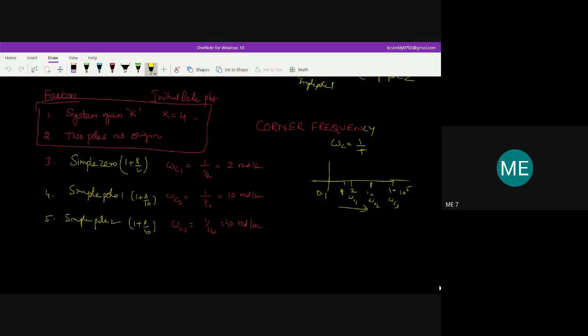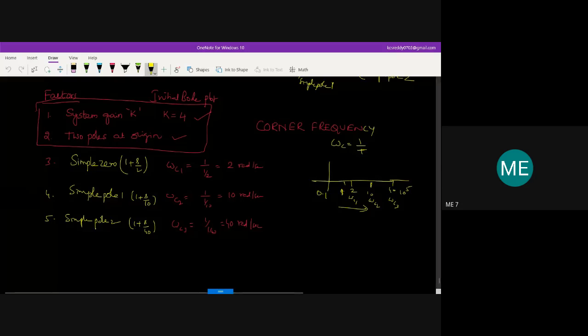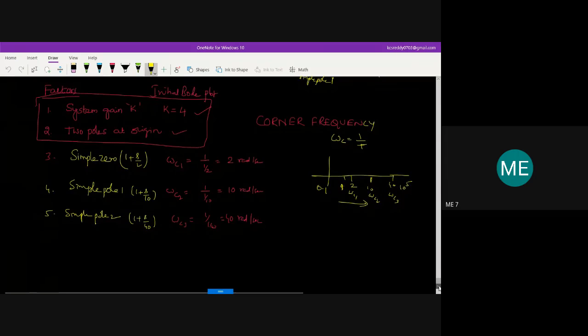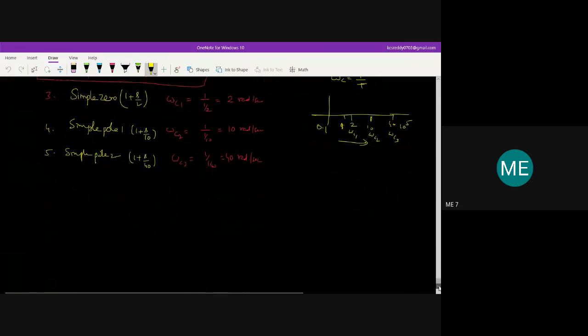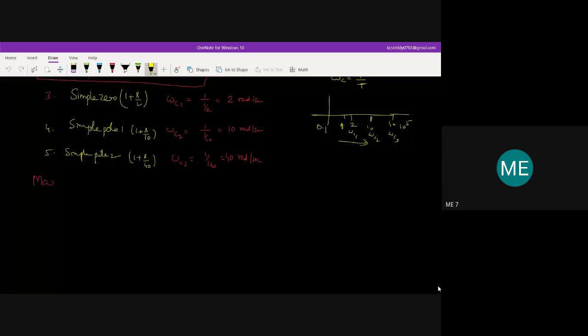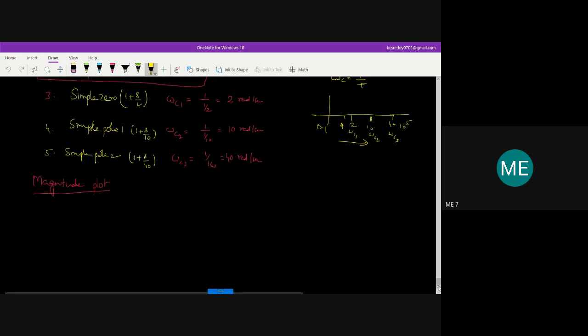One is system gain K, the other one is 2 poles at origin. So first we consider these two, and then we'll go for plotting the magnitude plot. First we'll do calculations and then we'll go for plotting the graph. So for calculations,